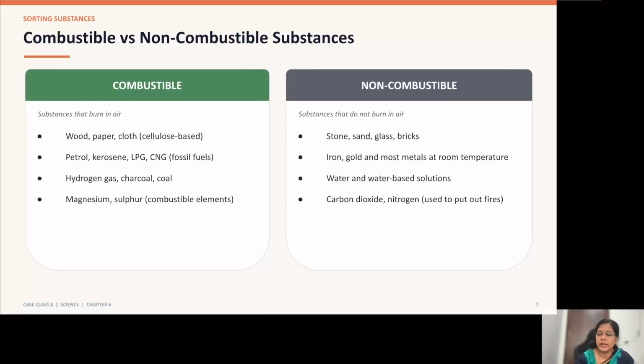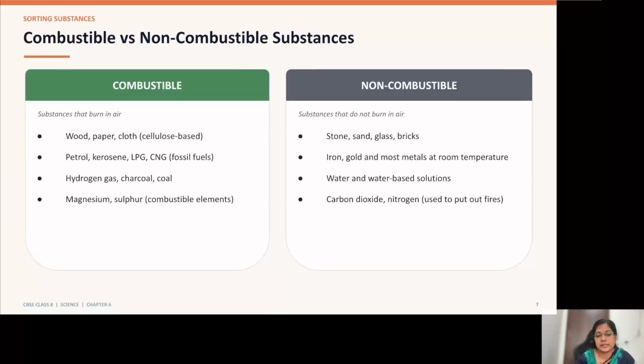So here I am considering these substances as non-combustible at room temperature. But when you heat them to very high temperatures, even they are combustible. Understood? For example,